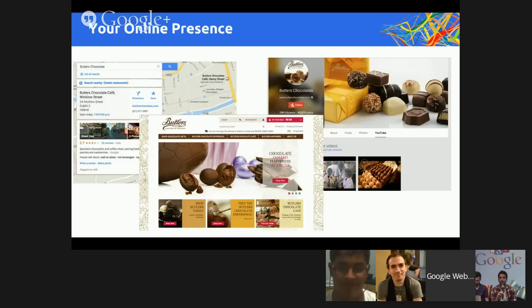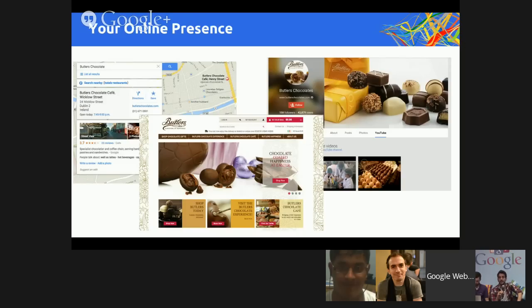But if they want to have a bit more of a two-way interaction with their customers and create a bit of engagement, then they also have a G+ social profile, a social presence, where it's much more personal. It's not so much to make the actual business happen there, but to engage with their customers, engage the brand and create some customer loyalty.